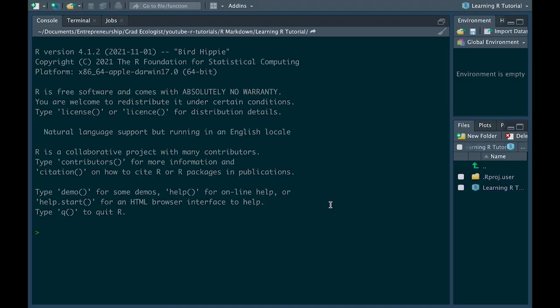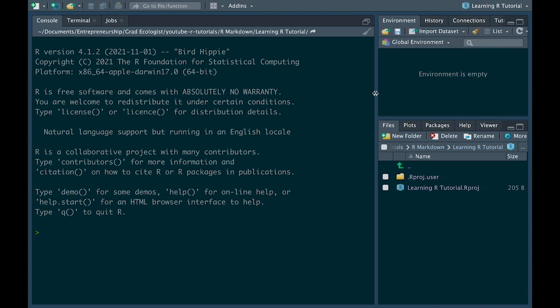Create the project. Now the reason for using RStudio projects is multifold. There's a lot of reasons. Long story short, I'm not going to go into this, but create a new R project. It'll just keep everything nice and neat and organized. And whenever you want to go back and continue adding to this, just open the .rproj file, in this case Learning R Tutorial.Rproj, and it will open this whole new session here.